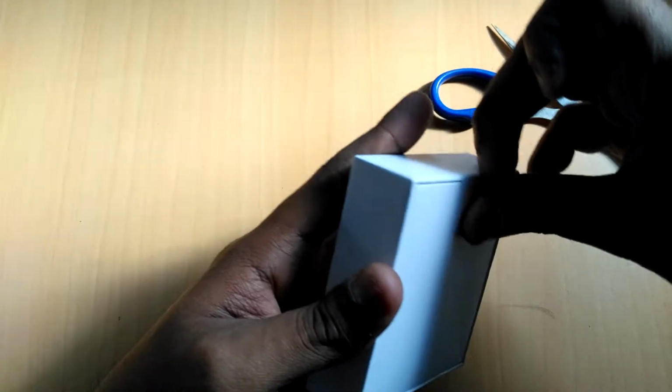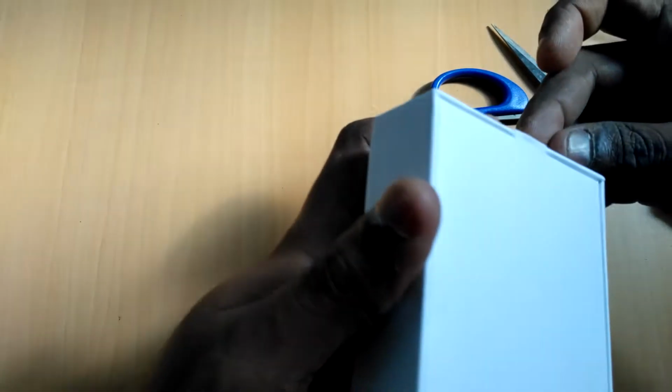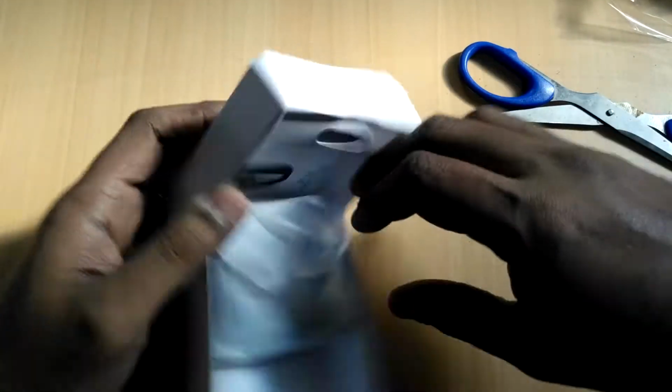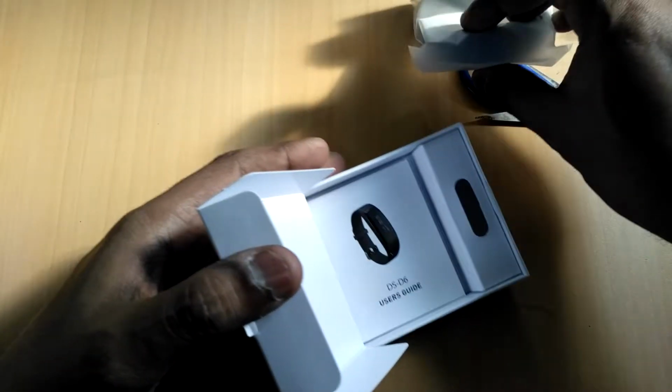Okay, and it has a tab here, which I assume has to be pulled. Let me take a little leverage of this and see. Okay, so what do we get in the packaging? Let's have a look. So the first thing that you come across is the smart band, which I'll keep aside, and